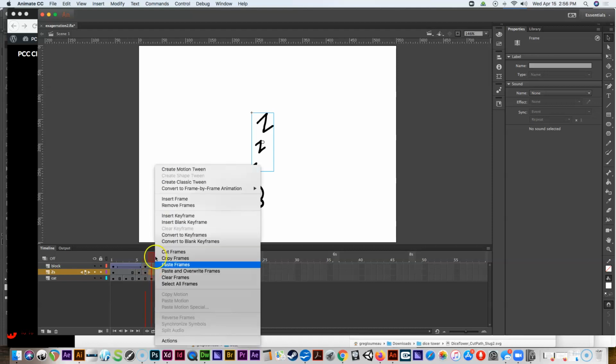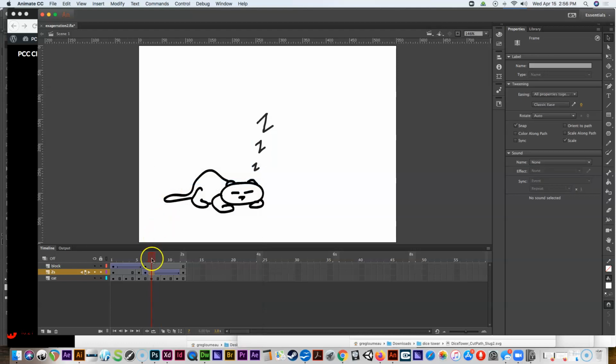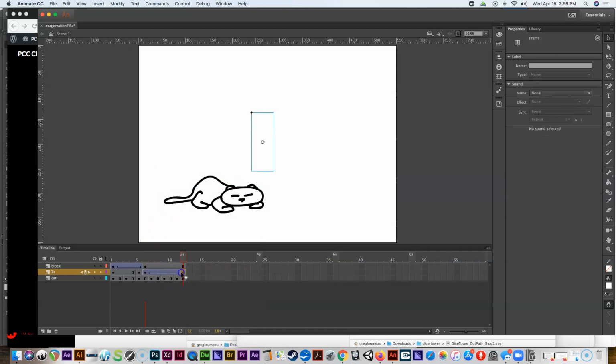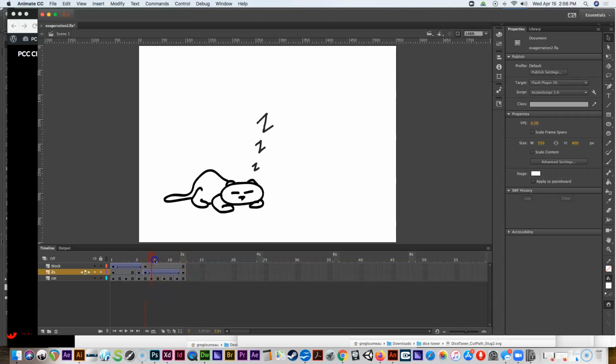And then if I right click in between them and do create classic tween, it changes things from this keyframe to this keyframe, so from visible to transparent. So it just kind of fades out. So now if I loop this, we see the Z kind of goes up and then it fades out, right? Okay, now